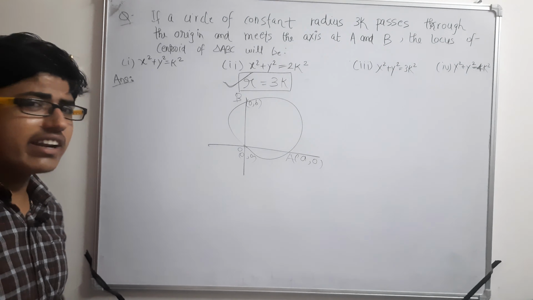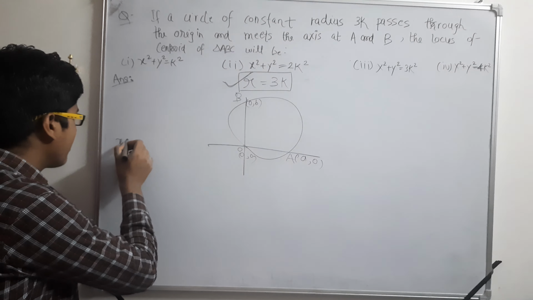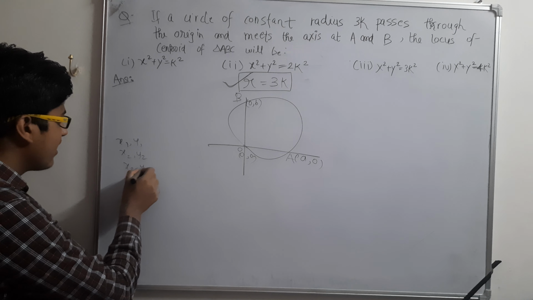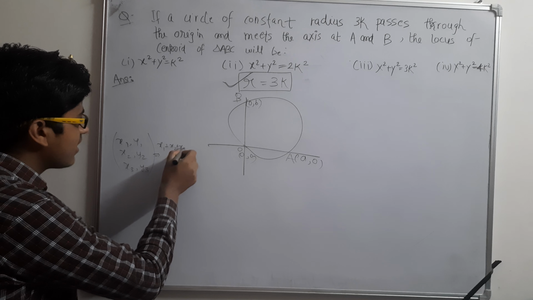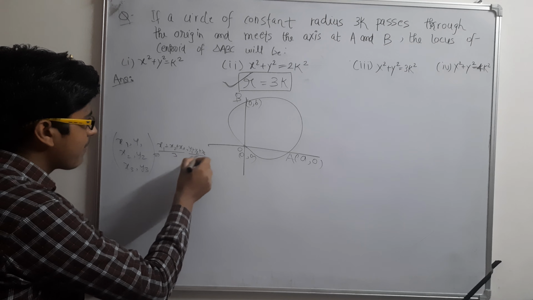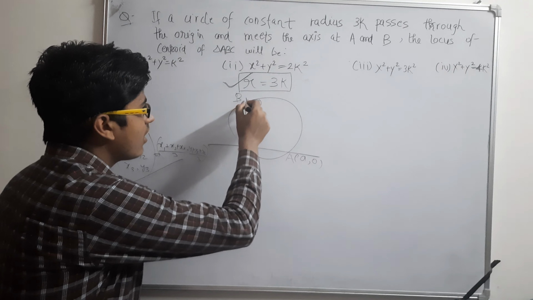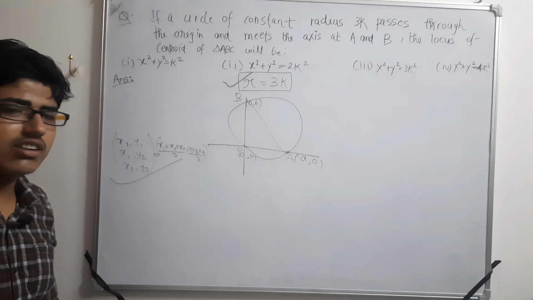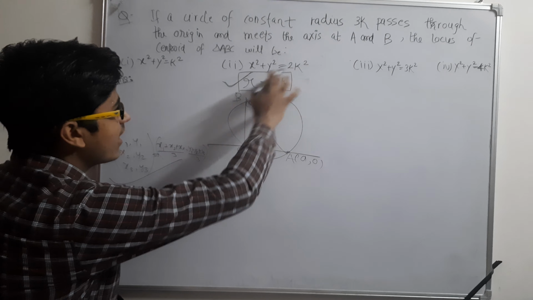What is the centroid? If the coordinates are given, we definitely know that if the coordinates of the triangle are (x1, y1), (x2, y2) and (x3, y3), then its centroid will be ((x1 + x2 + x3)/3, (y1 + y2 + y3)/3). These are the coordinates of the centroid, and we have all the coordinates of this triangle OAB. So we can definitely find the coordinates of the centroid. But we have to find the locus of this in the form of k, using the radius.